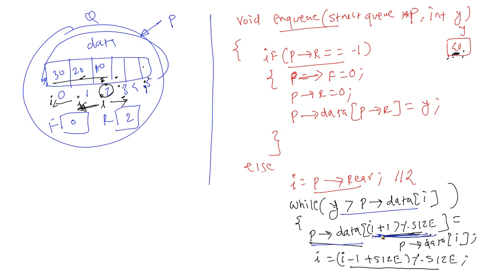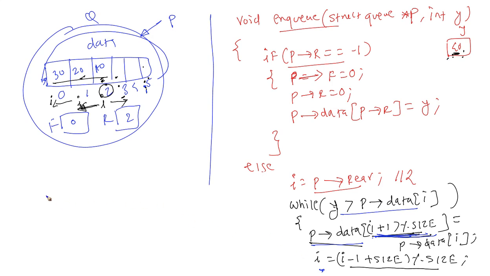Next location of I is found by using the circular formula, because we are using a circular queue, right? Normally, simply data of I plus 1 will not work, because the next location for 5 is 0. Then I'll decrement I. After decrementing I, this is how I'll decrement I. Now after that,